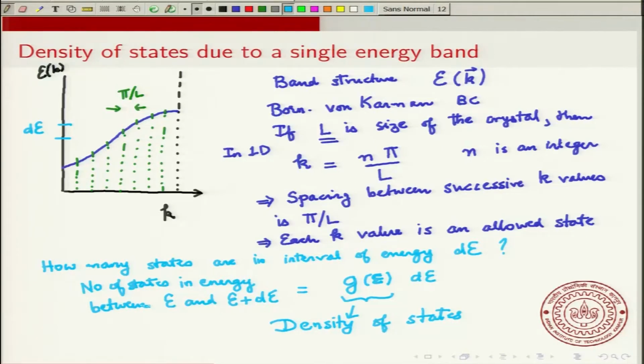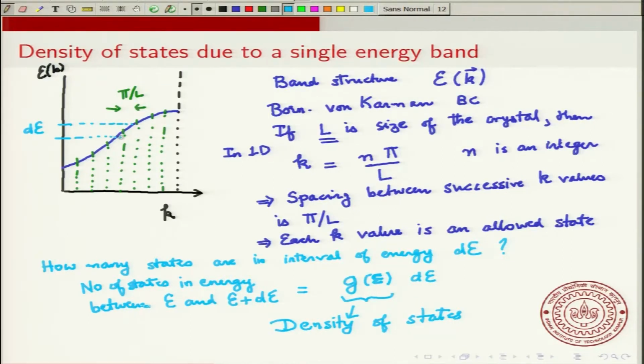So you take the number of states in some interval and you divide by the size of that interval, you will get the density of states. So if I just take dE to the denominator here, so I take the total number of states between the energy E and E plus dE, and I divide by that interval size, I will get the density of states. Okay. Now just by looking at this band structure, you can immediately see